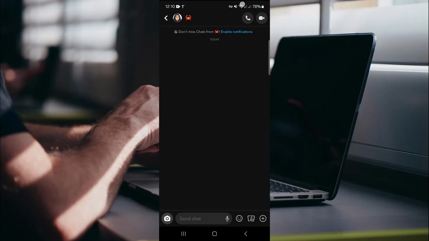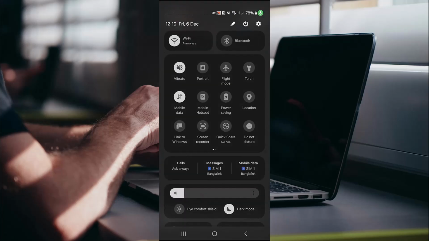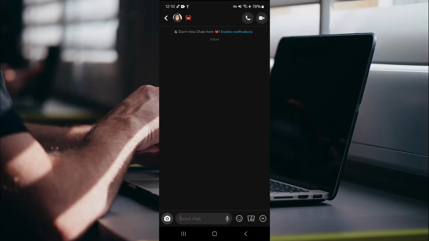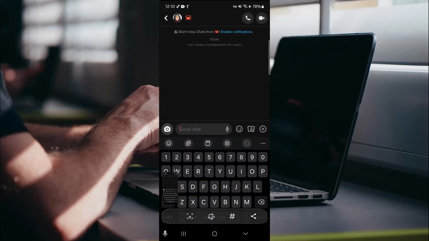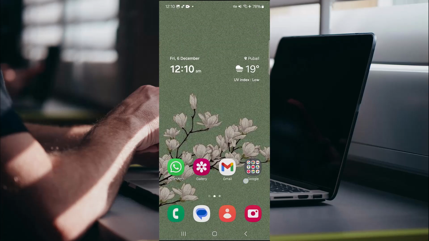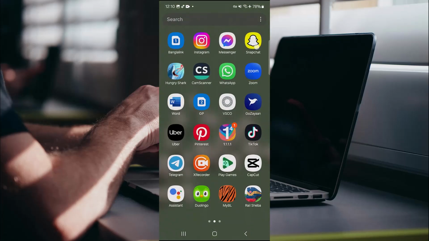Before taking a screenshot, just make sure you turn on the flight mode or airplane mode. And once you do it, just take a screenshot. And as you can see, Snapchat is showing you took a screenshot of the chat and they'll know it too. But as I'm on flight mode, all you need to do is just uninstall your Snapchat and